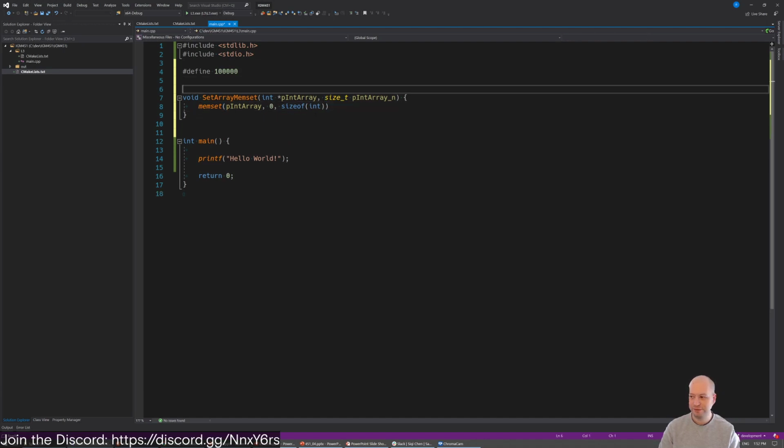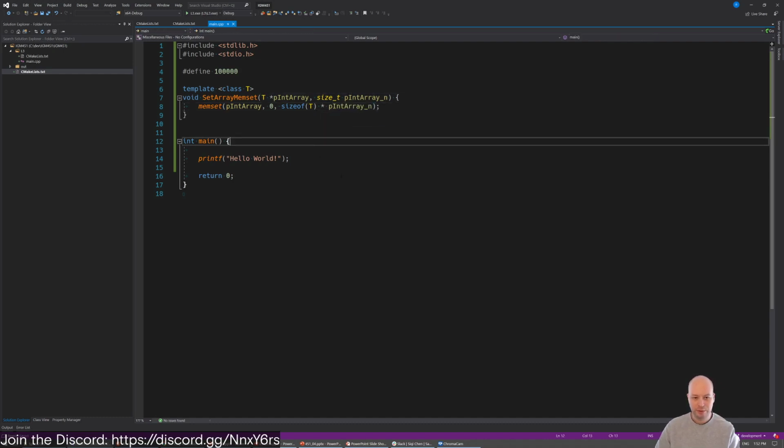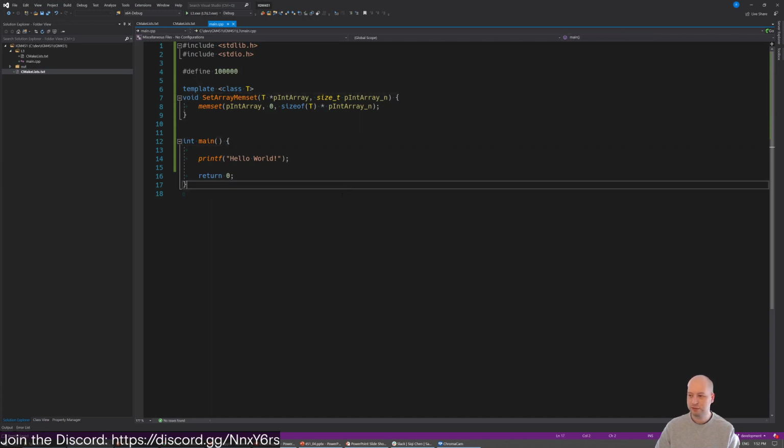Although if we want to get fancy, we can go template class T. Let's do that, because I am a jerk. Cool, so there. And we're going to do this. So now we can set array memset blah blah blah. If you're not familiar with a template, that's just a generic, so it allows us to call this function for